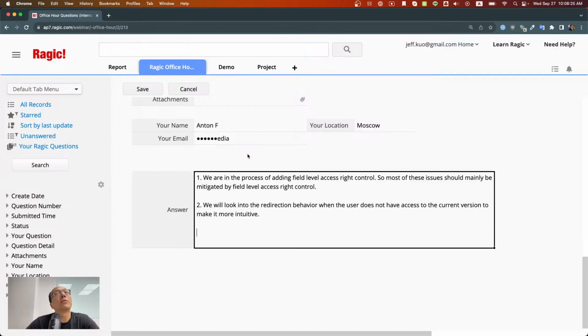And lastly, for approval. Approval, it sounds like the same problem, but yeah, on the original sheet, if the approval process is on the original sheet, it should show all the fields on the original sheet. But this should also be remedied if we have field level access control, where we can control what fields should be displayed when sent to this user. So,